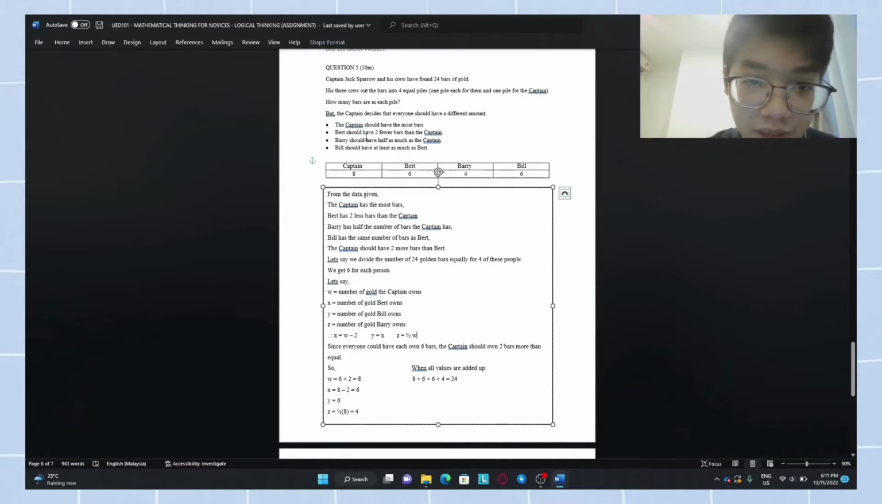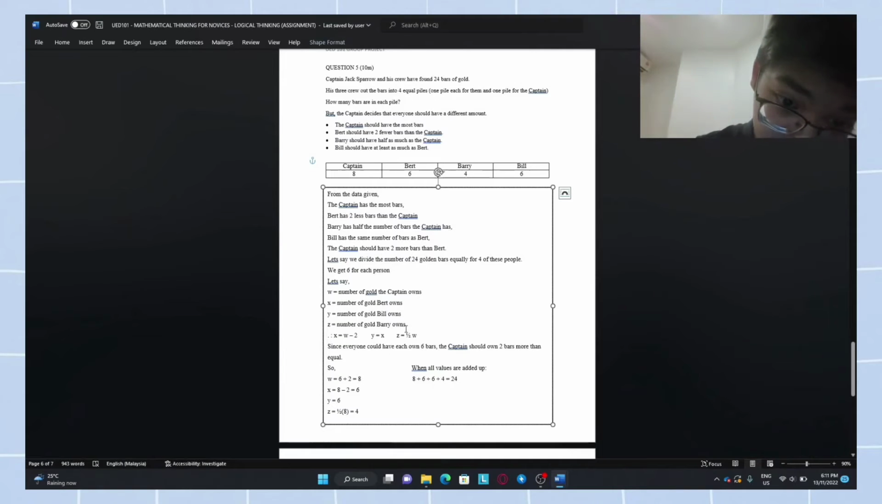in the question it has also said that Bill should have as much as Bert. So Y is the number of gold Bill owns. So Y equals X, because Bill has the same number of bars as Bert. So Y should equal X because the number of gold Bill owns equals the number of gold Bert owns. And for the third equation,